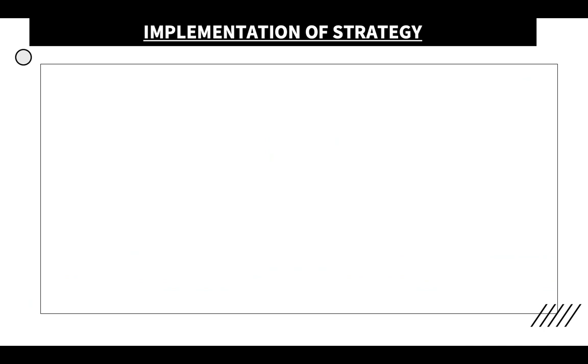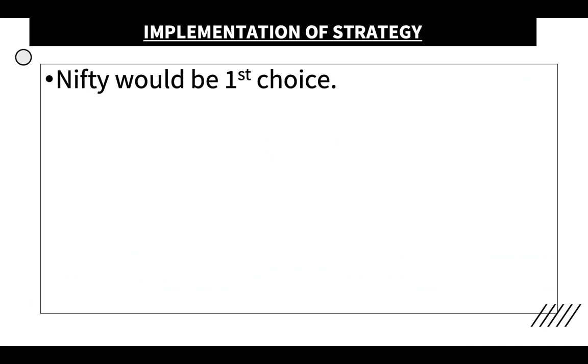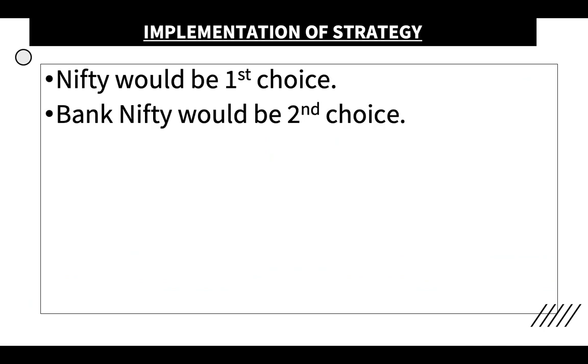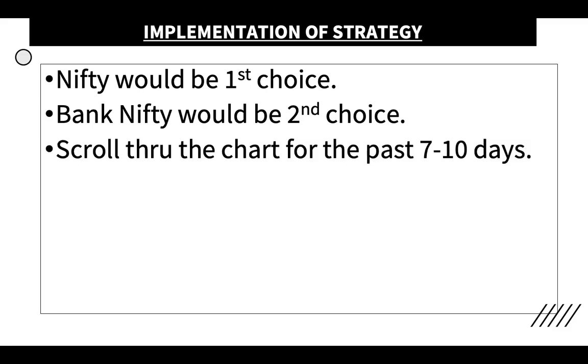How to implement the strategy? Anybody who wants to start with the strategy can start with Nifty. It is more ideal. Bank Nifty also can be a second choice, but Nifty could be the first choice, because Nifty is very, very strong and the movement can be very good. Because the amount of risk can be very less. If you go for 1 lot, 2 lots, and buy 75 quantity, it's not going to hurt you so much.